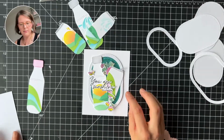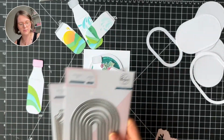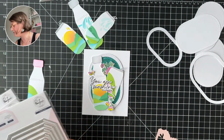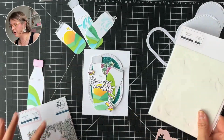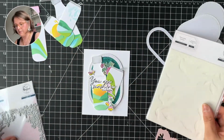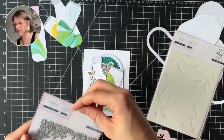And I thought I might add, I mean, I also grabbed these dies, but since I'm trying to use up some die cuts that I have left, I don't think I will use them. But I thought I might add something in the background so it's not completely white. And I thought about either using the fairy tale frame press plate, because it would fill